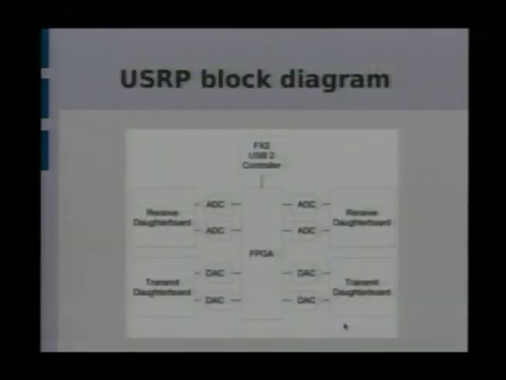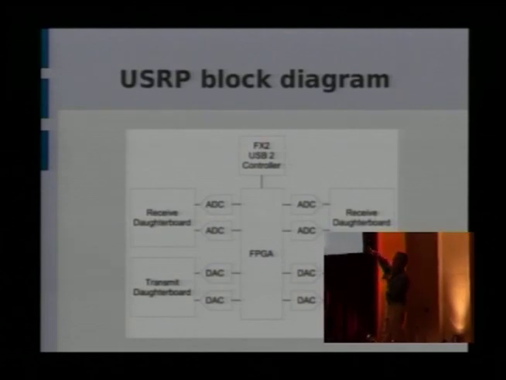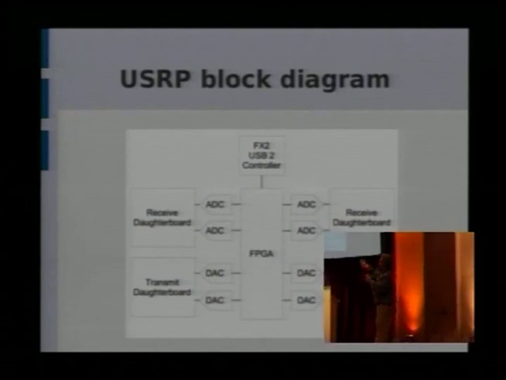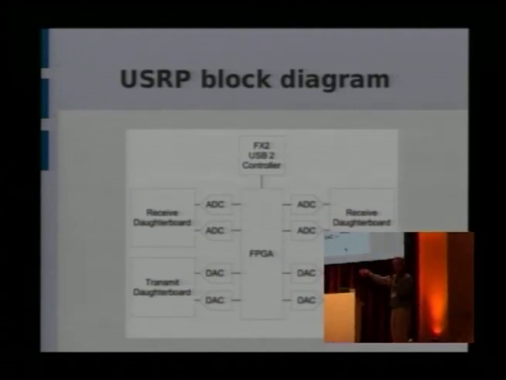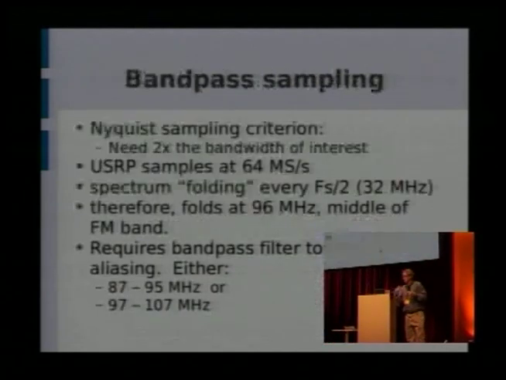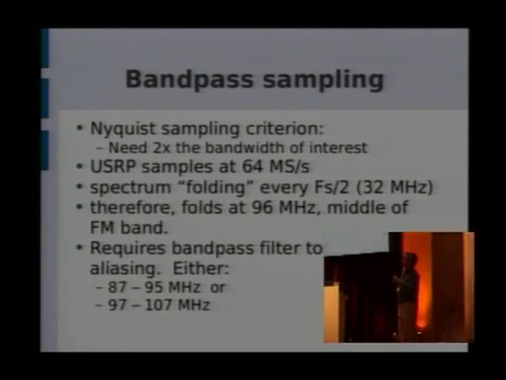It's sort of the same block diagram here. There are these receive daughter boards, the converters, and the FPGA in the middle where we do some of the signal processing. Basically we do channel selection and filtering on there. And it hooks up over the USB 2. Everything in the system is downloadable over the USB. So we load the firmware into the USB 2 controller over it, and then we use that firmware to load the contents of the FPGA. So it's completely flexible. Okay, and I wanted to talk a minute about this bandpass sampling, not like we're going to do all the math here, but just to give you